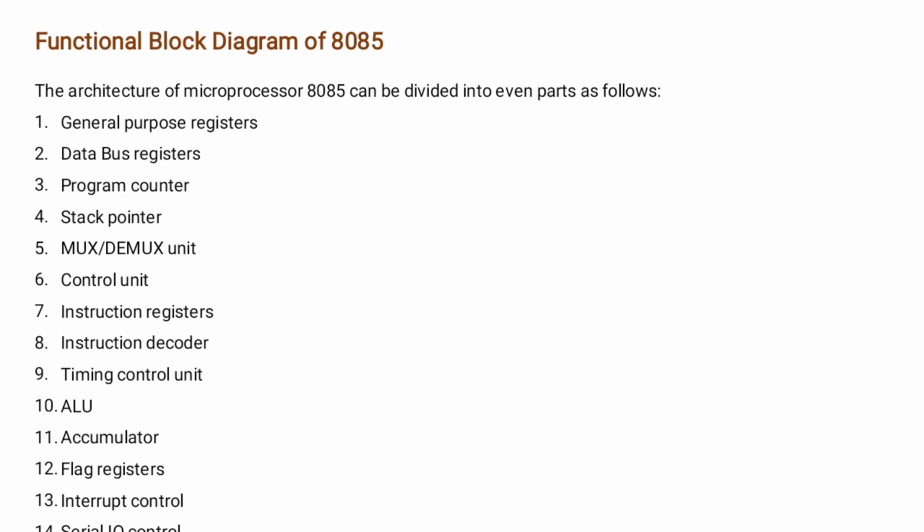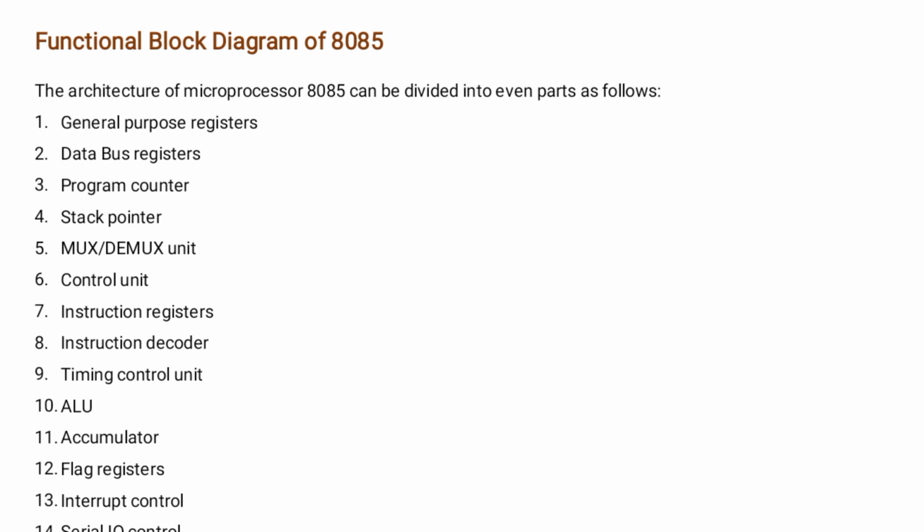Now first is general purpose registers. 8085 has 6 general purpose data registers to store 8-bit data. These registers are named B, C, D, E, H and L. The user can use these registers to store or copy data temporarily during the execution of a program by using data transfer instructions.